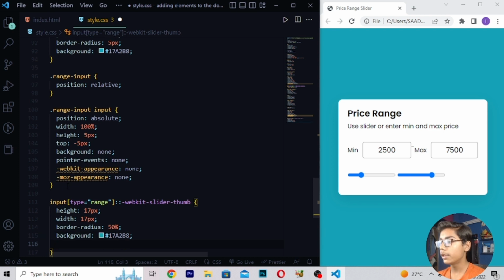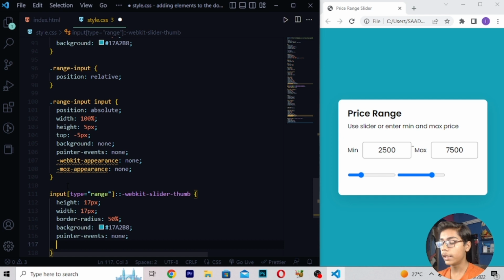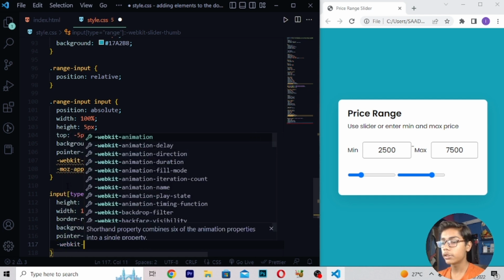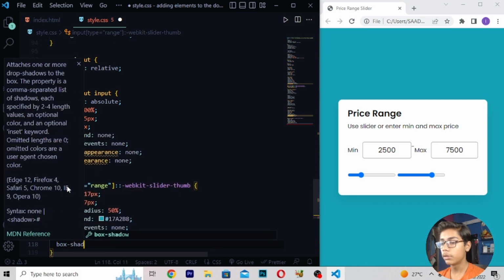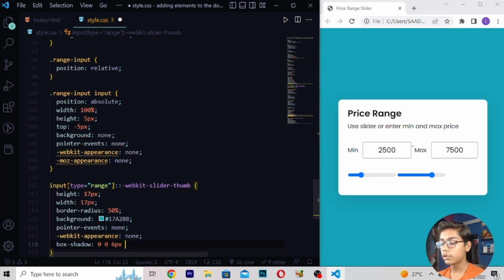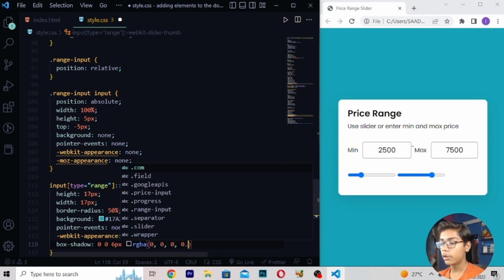Then I will be just moving right here pointer-events none, then I will be writing -webkit-appearance none, then I will be writing here box-shadow which should be 0 0 6px rgba(0,0,0,0.05).